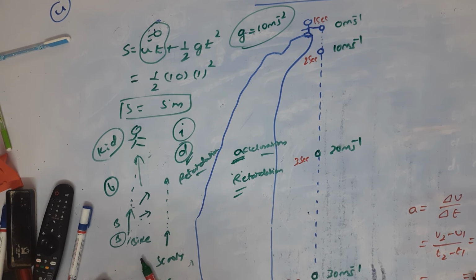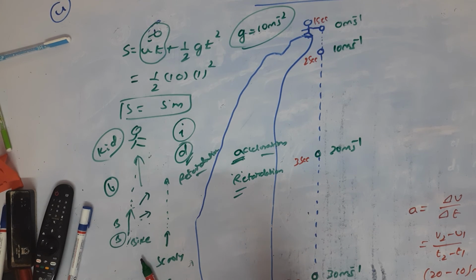Therefore the SI unit of acceleration is meter per second square. I repeat this, I am writing it here since you cannot see it. v2 is 20, v1 is 10, divided by t2 minus t1, 3 minus 2. So this is second, and above it is meter per second. So it is 10 meter per second divided by second, because 1 second is there, it is 10 meter per second square. That is how actually we have to calculate acceleration. And this acceleration due to gravity is 10 meter per second square. Okay.